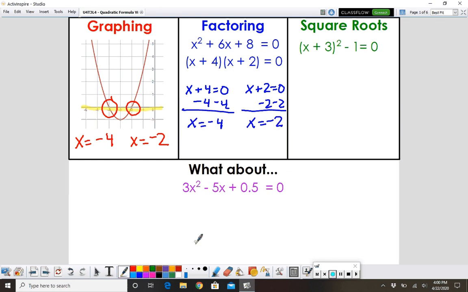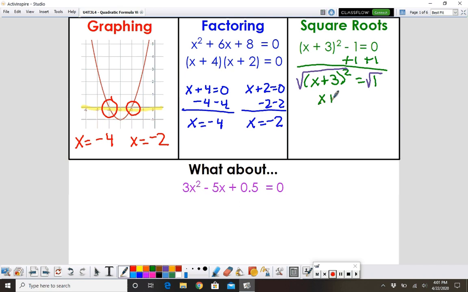Now the last method we used was finding square roots. In order to use this method, we need a quantity that's being squared. And what we want to do is get that quantity being squared all by itself. So here I have x plus 3 squared, and that equals 1. So once you have the squared quantity by itself, we're going to take the square root of both sides. Because taking the square root of this squared term is actually going to cancel that out,